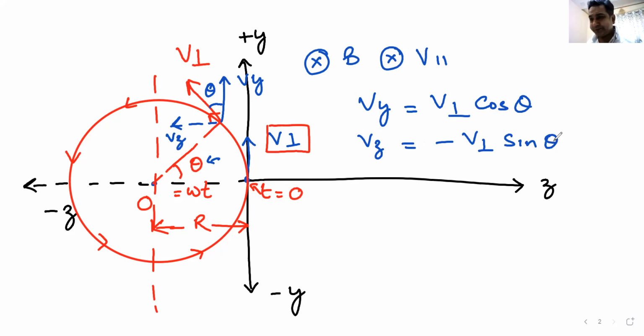How do you get the acceleration? You can always get the acceleration also. You can differentiate this, or you can get the acceleration in a different way. How will you get the acceleration in a different way? Tell me. See, common sense. The acceleration is always directed towards the center. Yes or no?